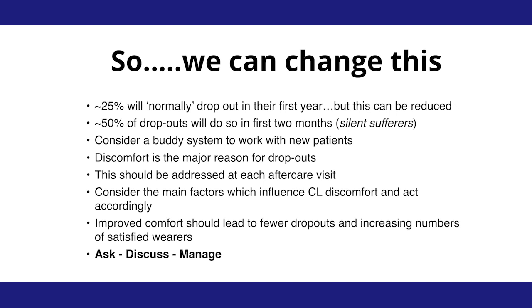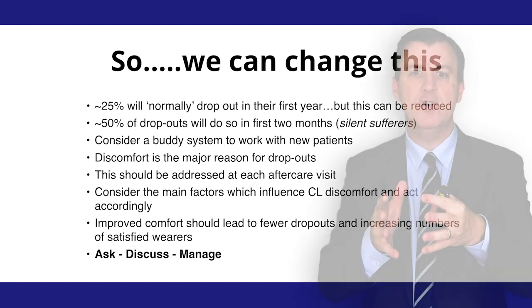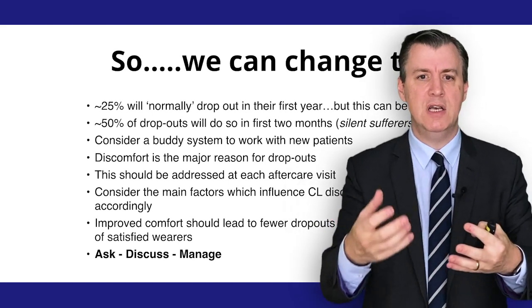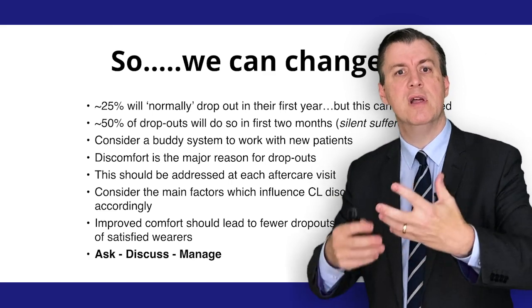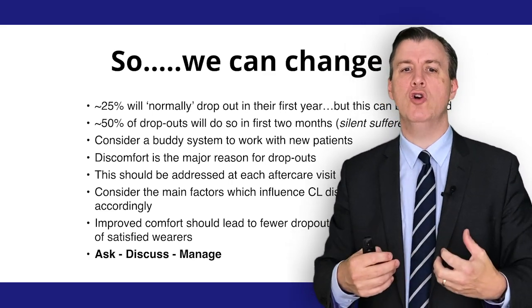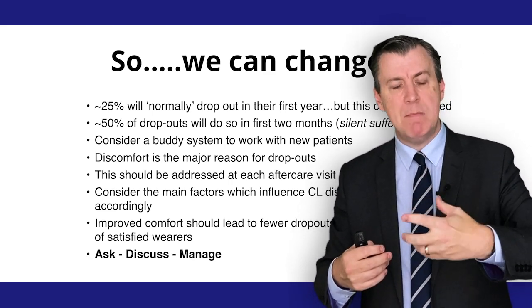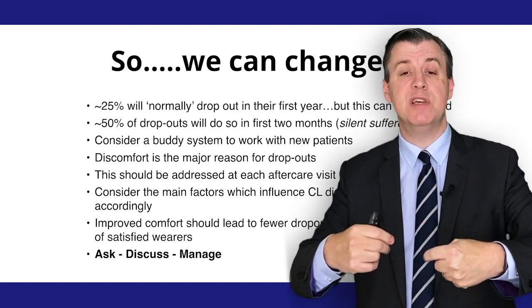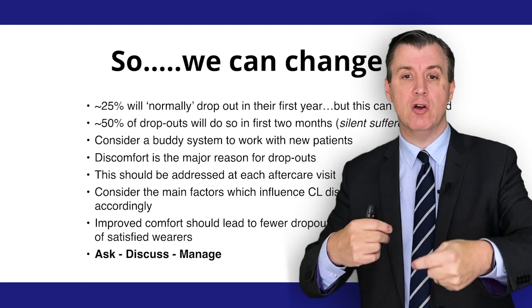About a quarter of people will drop out of contact lens use in their first year. That's a tragedy, but this can be reduced. Half of that group, half of the people who drop out, do so in the first 2 months, and many of whom won't come and tell us anything about this. They're the silent sufferers. So think about a buddy system, how that can work. Remember that discomfort is the big cause of dropouts, and I think it needs to be addressed at every contact lens